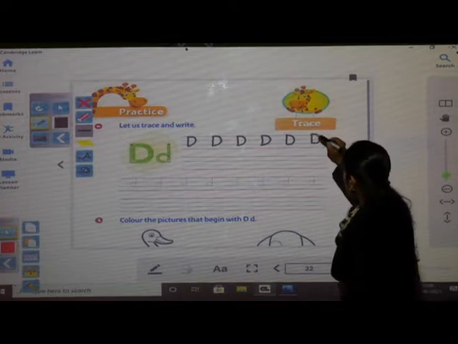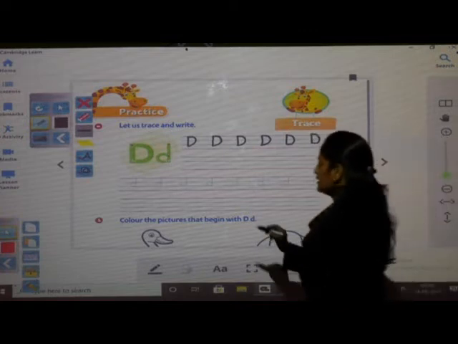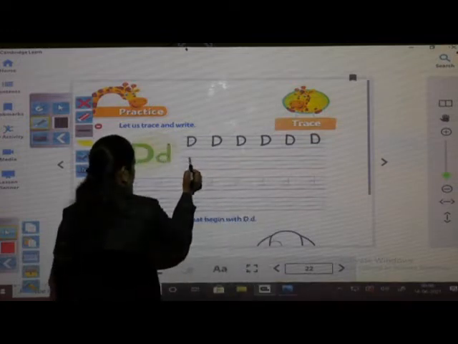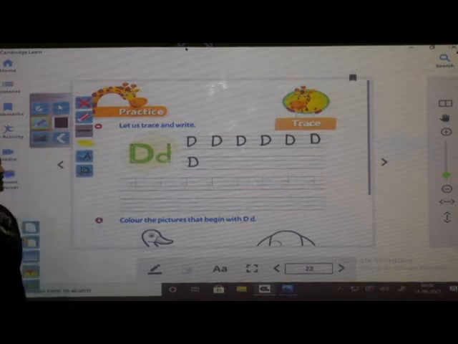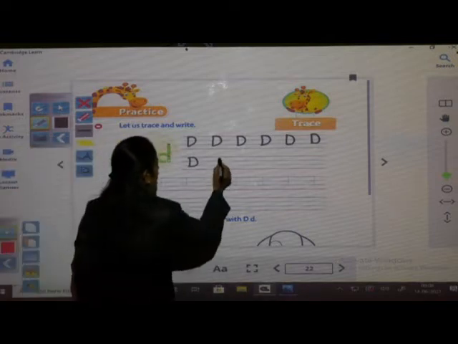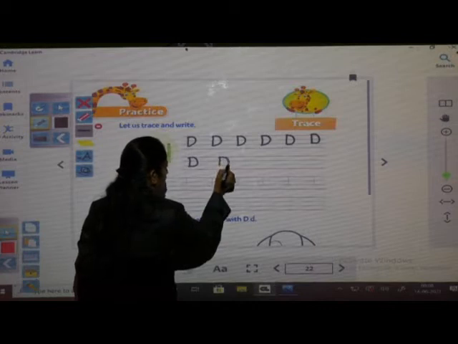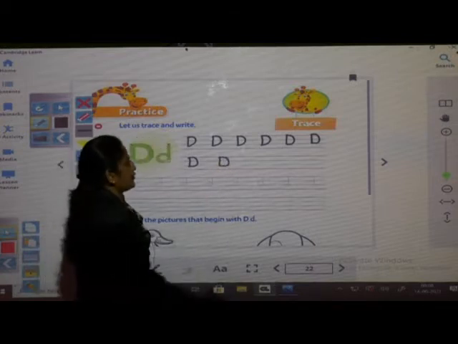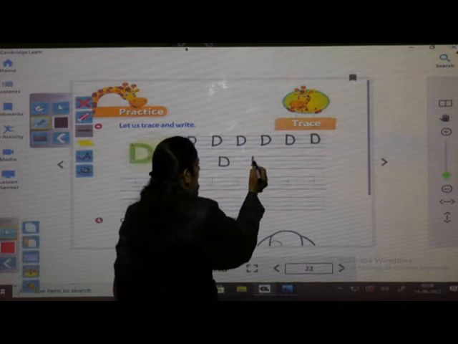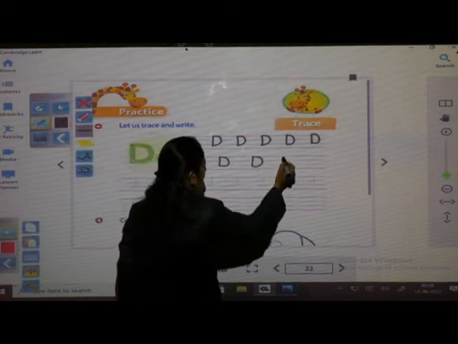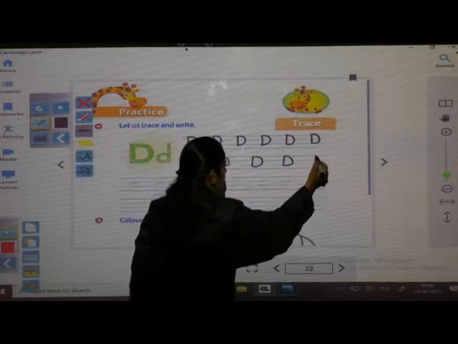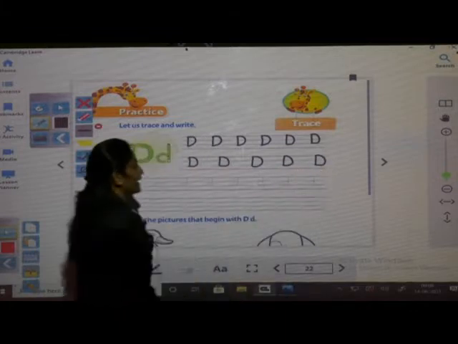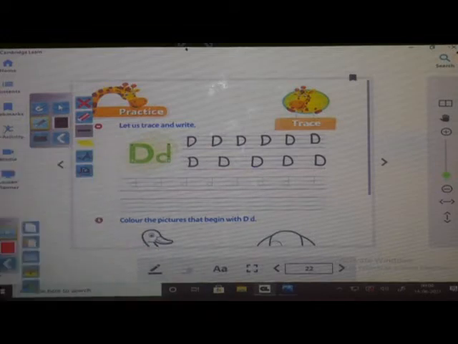And which pictures start with D? The duck. Yes. Again, what we have learnt? The donut. The dog. You have to write letter capital D. One standing line and half curve. Write in proper formation. Start with the red line and end to the blue line. Now we have completed letter capital D.